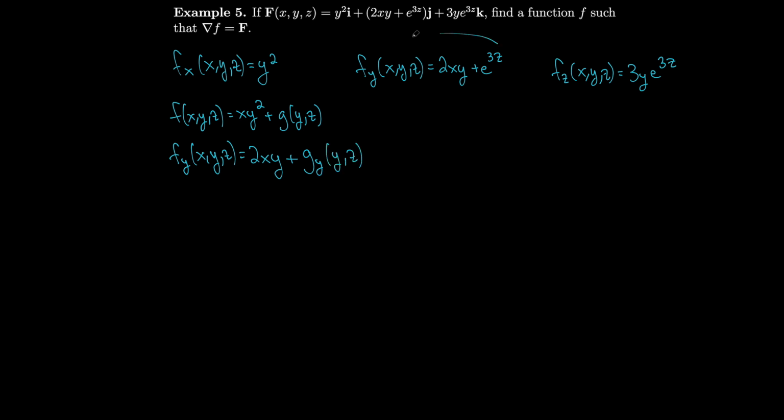And we can compare that to what the partial with respect to y is. Notice there's a 2xy in both, so the extra bit is e to the 3z. So that's what our partial derivative with respect to y must be equal to. So this implies that g_y(y, z) is equal to e to the 3z. And we will anti-differentiate with respect to y. We get g(y, z) must be equal to y e to the 3z plus, well, we have to be a